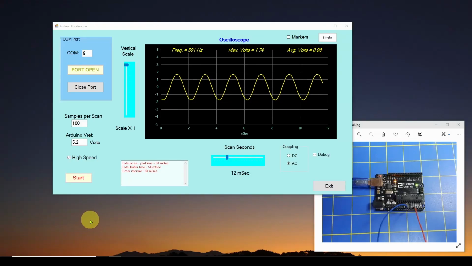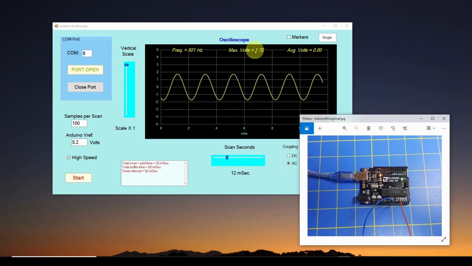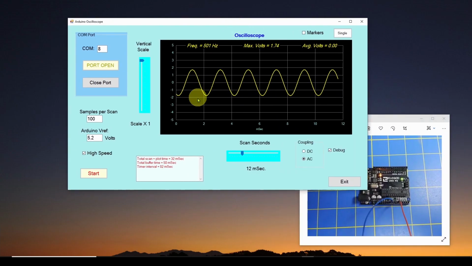Okay, so welcome back. This is part 6 in our series where we show you how to convert your Arduino into an oscilloscope. And you can see the application we're developing here. And it's got a lot of functionality. We're going to talk about in this video some of the core functionality and how to implement that in our